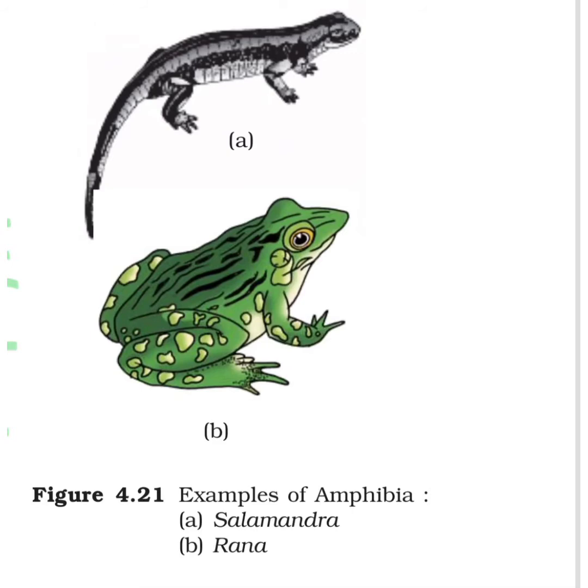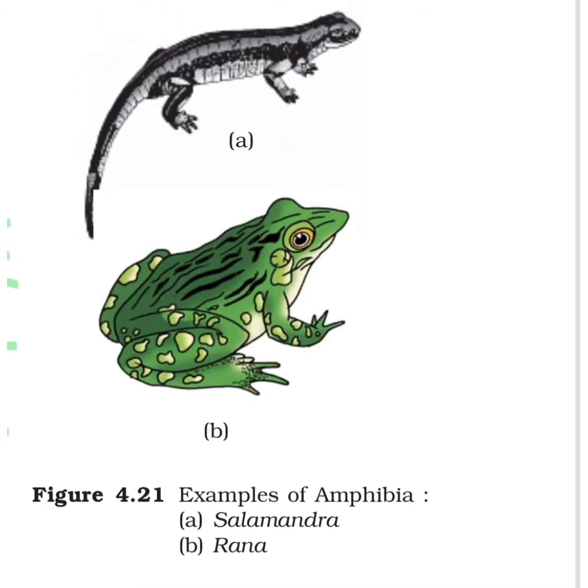First example is toad. We have seen toads near our places, house or any garden, so we are able to see toad, not frog. Toad's scientific name is Bufo. Frog is mostly found in forest, and there it is greenish in color. Its scientific name is Rana. Then tree frog, scientific name Hyla.